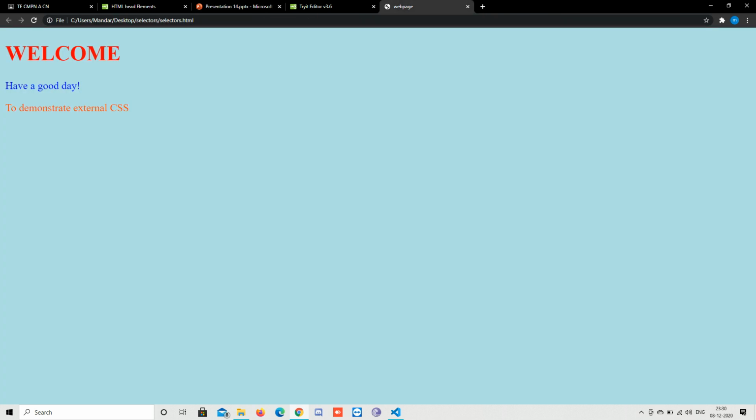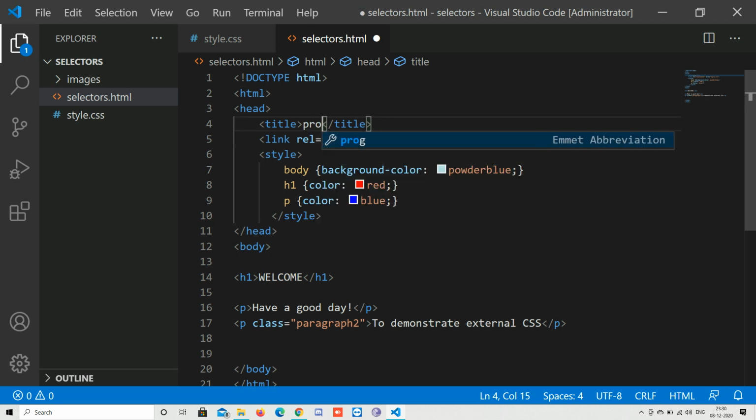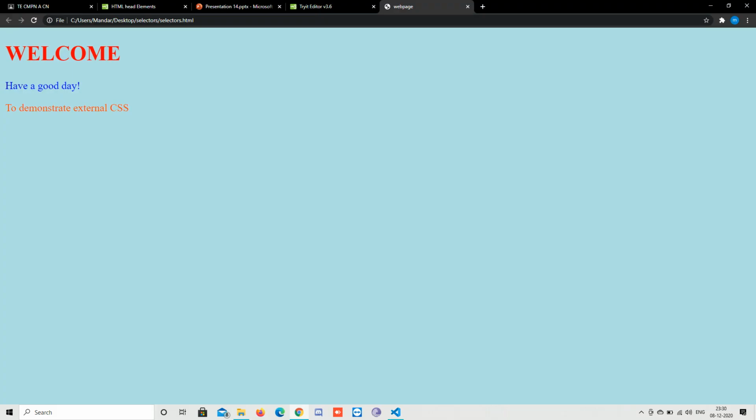So if I open this web page, in the toolbar you can see that it has the name web page. Now let's say if I change this name to something else, for example project, Control S, and if I refresh my page, you will see that the name web page has now changed to project.